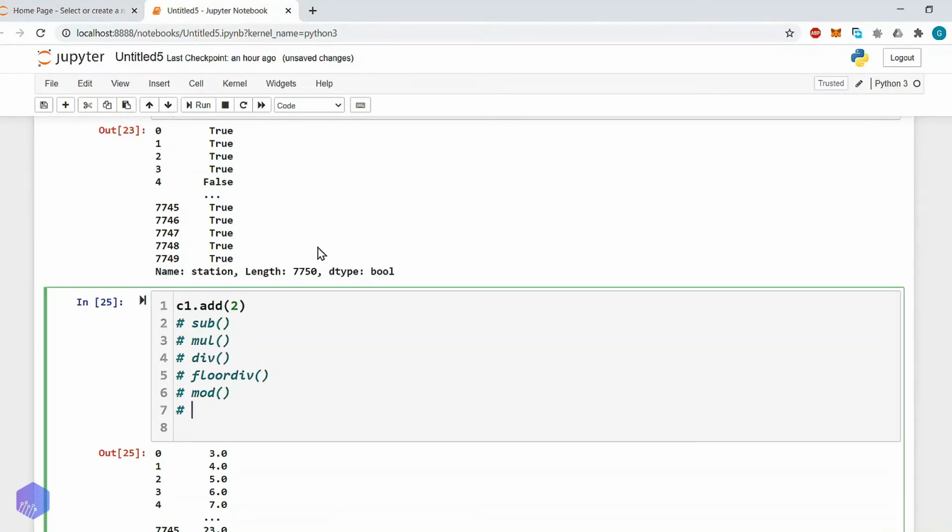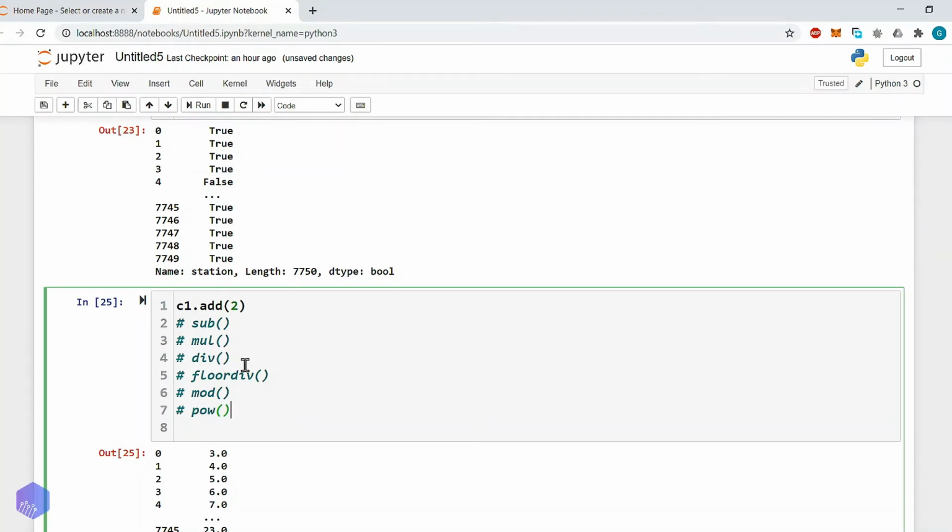Then after mod there is a power operation. So all those operations which we can perform using the arithmetic sign, we can also perform using functions, and it is more advisable to use the function.